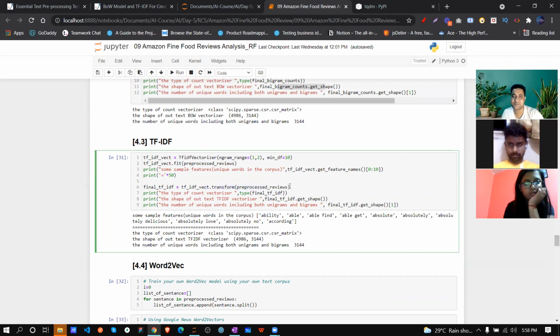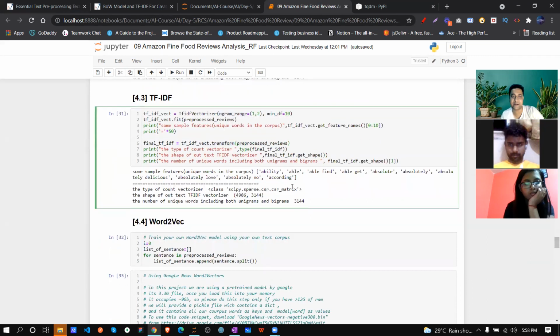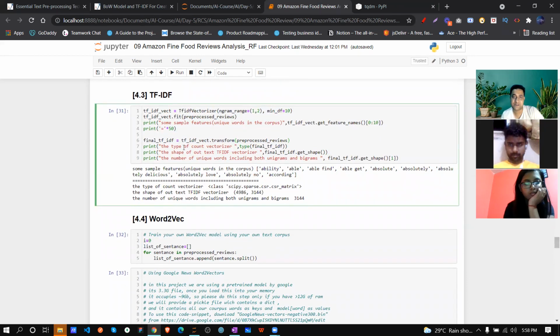So we just do some training over here so that we can get some samples. So this is the type of CountVectorizer output. Suppose, see, these are my unique features: ability, able find, able get, absolute, absolutely love, absolutely no, according. So this is my unigram and bigram matrix, again a CSR matrix, a sparse matrix.